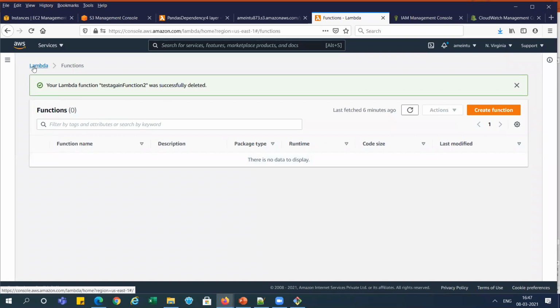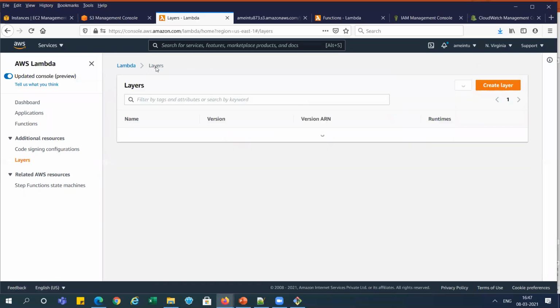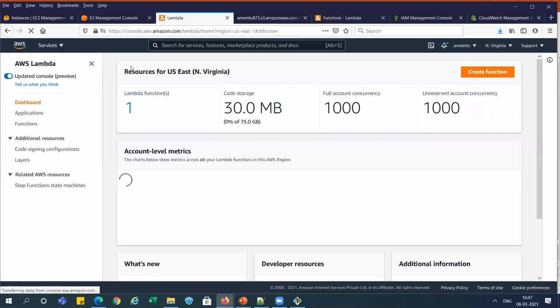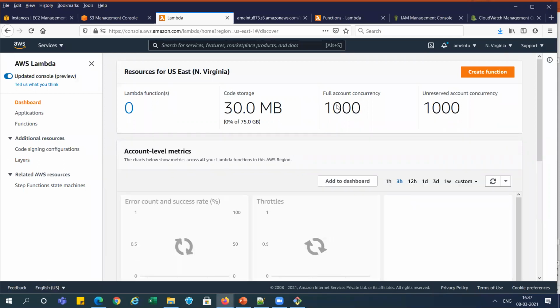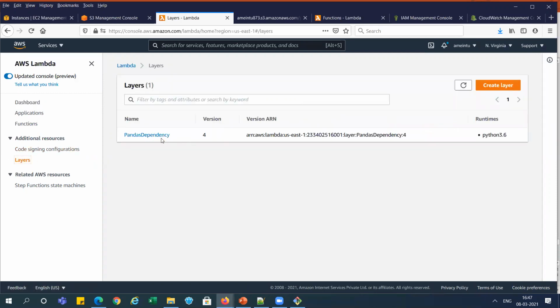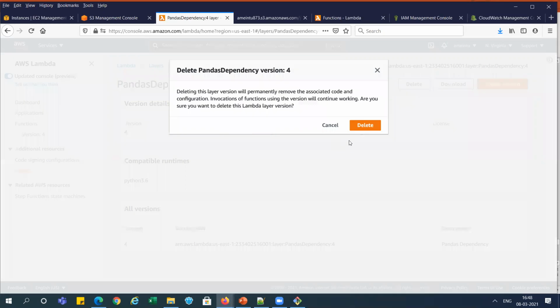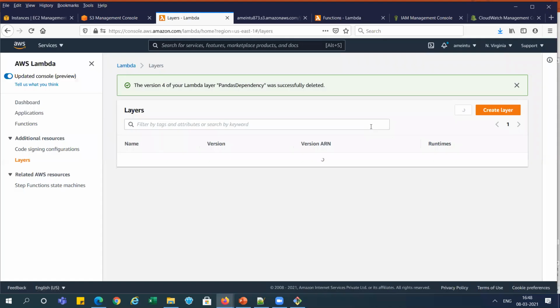Now go to delete the layers. We have a layer here. So let me select it, and the delete option is here. We go and delete this layer. Now we've deleted this layer, right?